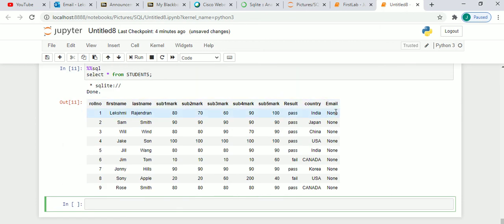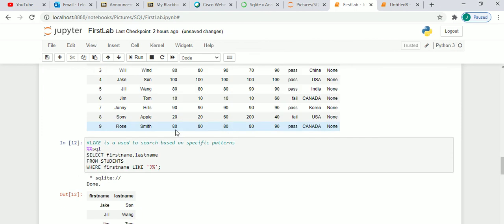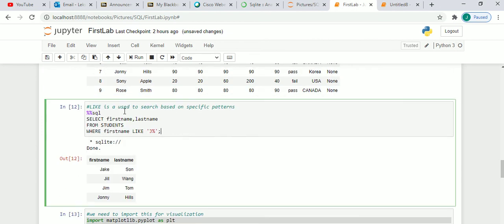To check the values, let's again paste a select. Here you can see that the email column has all None because we haven't given any record. So we need to insert values into it. You can use the update command that we have used previously.